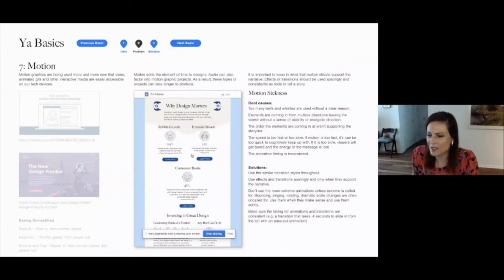Sometimes with motion, people will just use all the bells and whistles because they're there, and it's like, oh, it adds all this energy, woohoo, and it's exciting. It's so easy sometimes with these out of the box transitions to just use them, but it doesn't make sense to the story. So you really have to design with intent, really talk about what we want people to see first, what's the importance of this thing, and what order does it need to come in on?